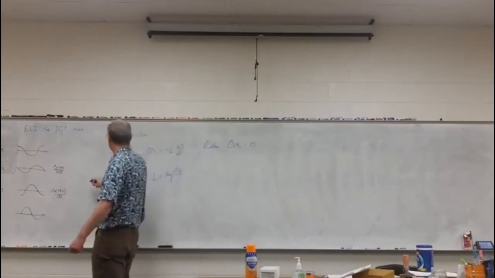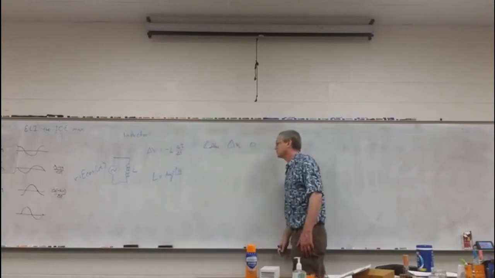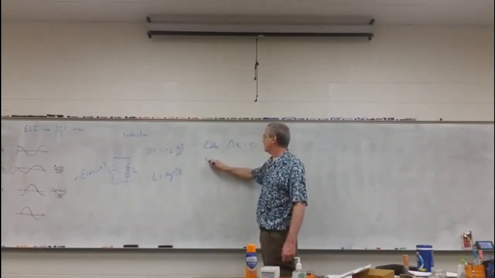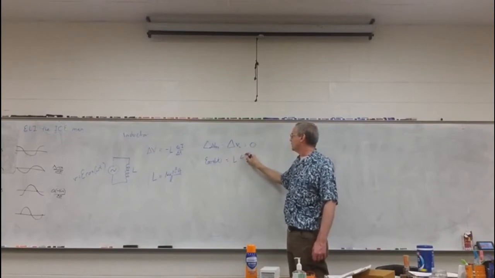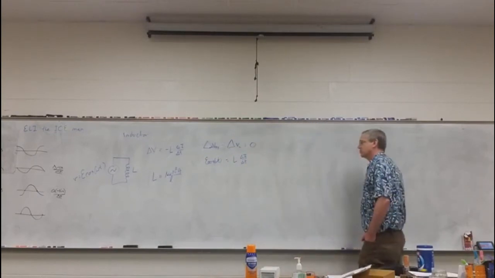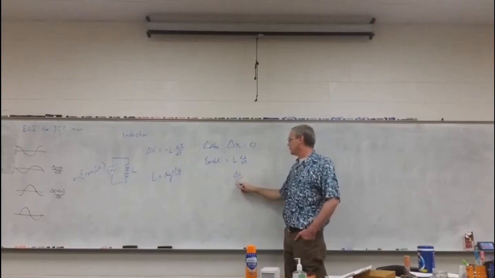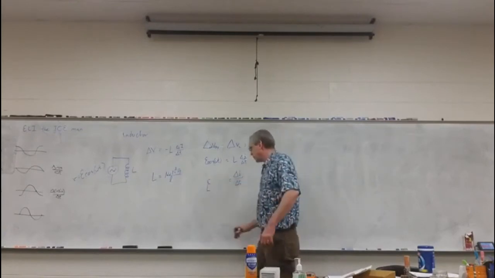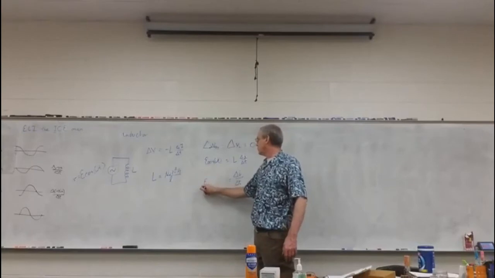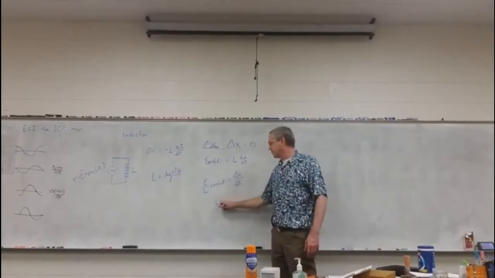I erased this, let's put this one back. So this is epsilon, so the voltage epsilon cosine of omega t. So we have epsilon cosine of omega t equals L delta I over delta t. Oops, that should be a lowercase i there. Delta i over delta t is equal to epsilon over L cosine omega t. Writing is getting worse and worse. That's typical. So i equals